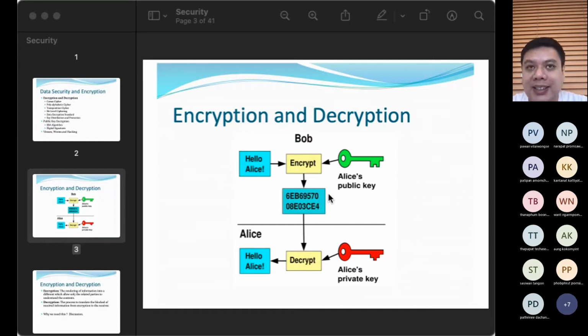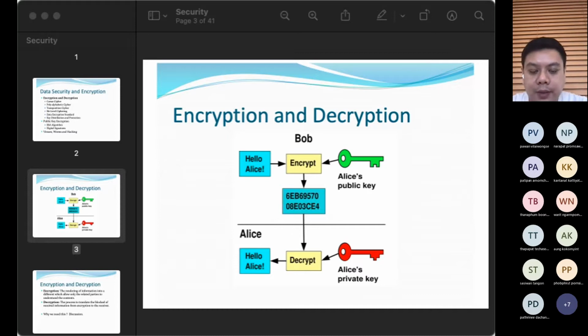Do you understand all that? When Alice receives that ciphertext, she's going to have the key to open it with decryption and get the hello Alice back. So in the end, Bob and Alice can talk together and understand it, but no other people in the world could understand that. That's a pretty nice concept to work with, isn't it?